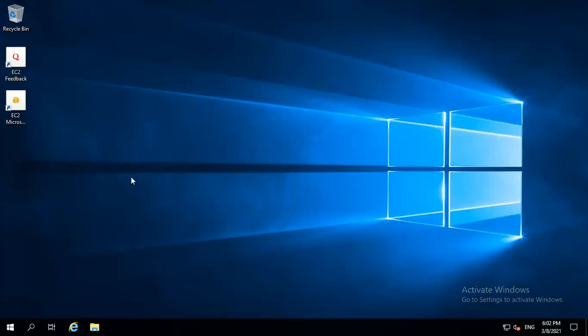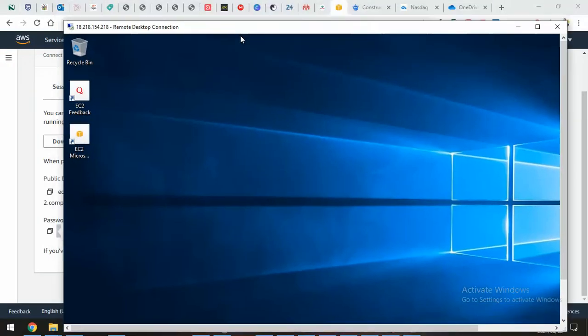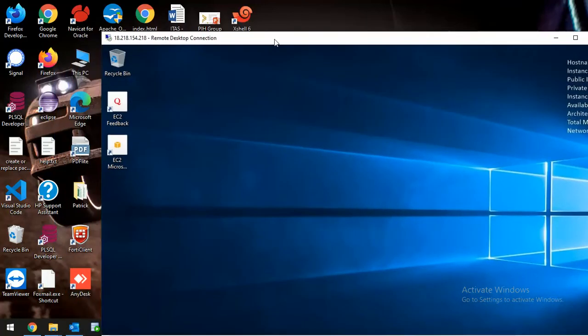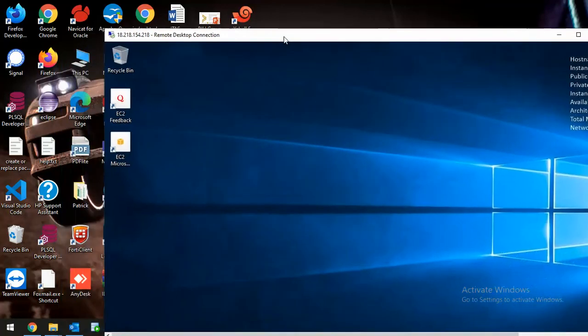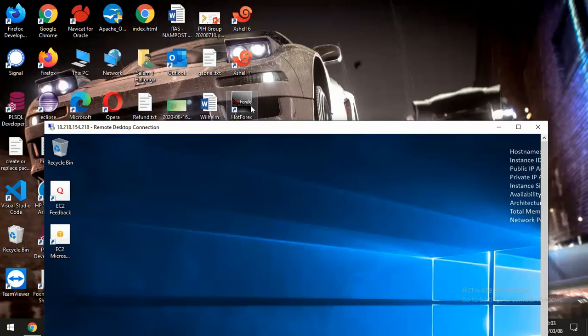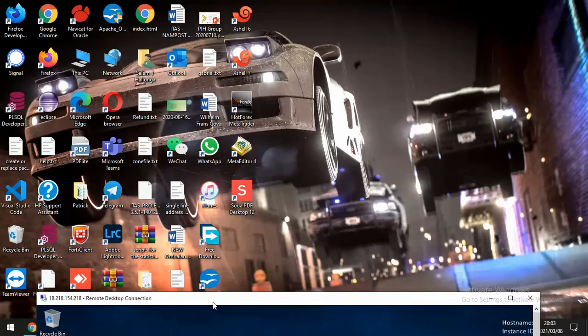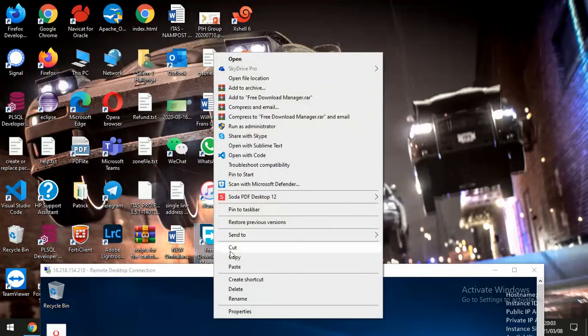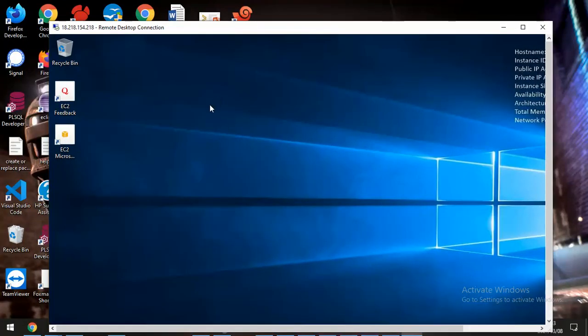Okay, so that's it. From here, you know what to do. And the other thing, let's say you have a computer, right? You're doing this from your computer, so you can drag and drop or copy and paste, like you are just copying and pasting to a USB or so. Let's say I want to copy this file. I just copy, come in here and just say paste,